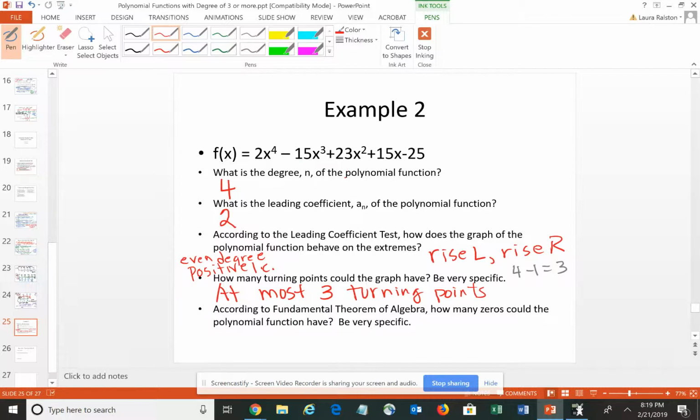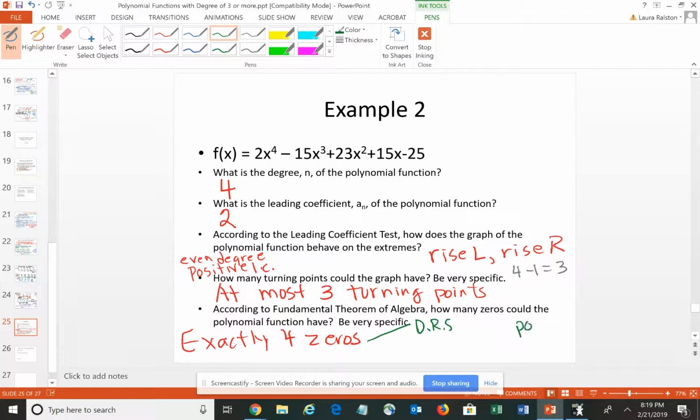The fundamental theorem of algebra tells me I'm going to have exactly 4 zeros, and then I'm going to apply or use Descartes' rule of signs